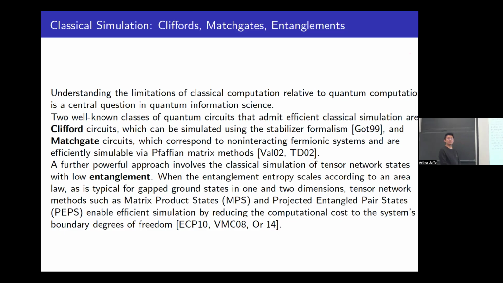And another one is called the matchgate circuits. This goes back to the early study of fermionic systems, like the CAR algebra for free fermions. And some Yang-Baxter equations can be used to do fast commutations to compute the partition function. In particular, the quantum circuits generated by matchgates can be classically simulated by computing the Pfaffian of a matrix, which we know has a polynomial algorithm. And this is done by the remarkable work of Valiant and many others. So those two are so far the best known families of quantum circuits that can be simulated classically in polynomial